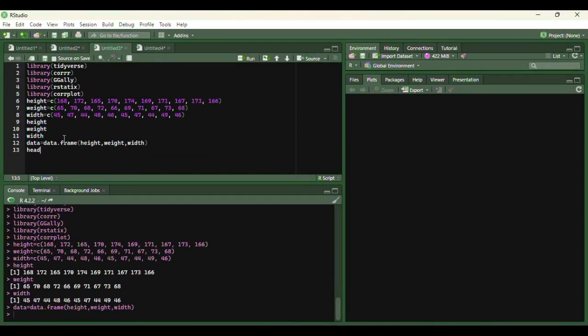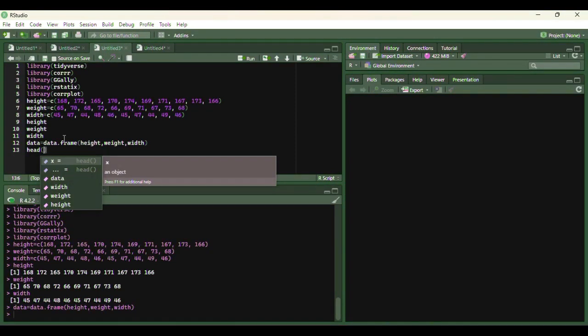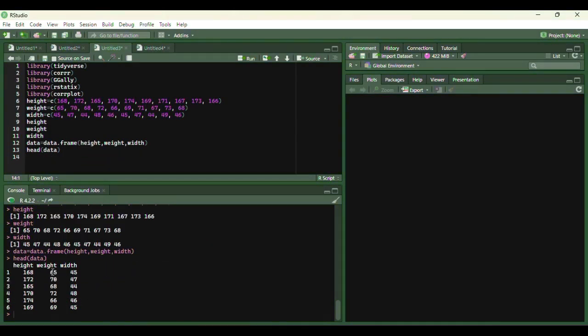So we have successfully created a data frame called data. It contains three continuous variables, height, weight, and width, which refer to the values of measurements on